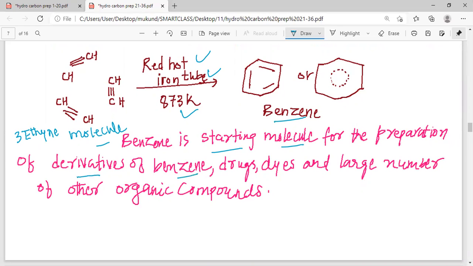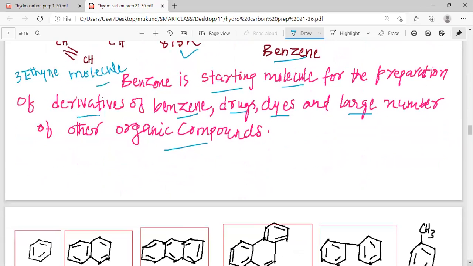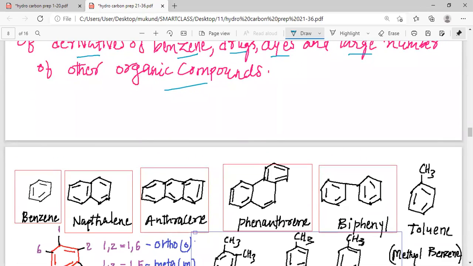That means the various groups, when they are attached to benzene, these kinds of compounds are known as the derivatives of benzene. We can even prepare drugs, dyes, and a large number of other organic compounds from benzene. So it's a wonderful way of entering from aliphatic to aromatic